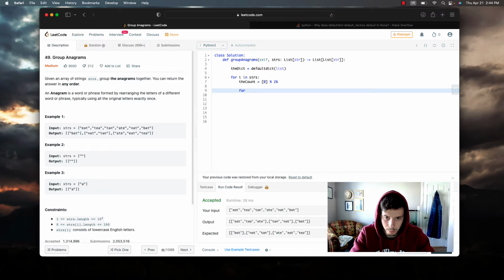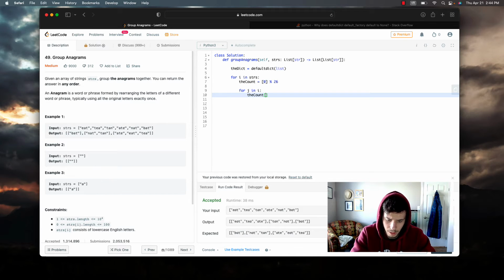So we need to iterate through i, right, the current string that we're at, and we're going to say for j in i. And we are going to say count, and we're going to use the ord function, which is going to return the ASCII value of the character. So we're going to say count[ord(j) % 26] += 1. The reason why we're doing modulo 26 is so that we can get a number between 0 and 25, and it's going to have its own index in our list,